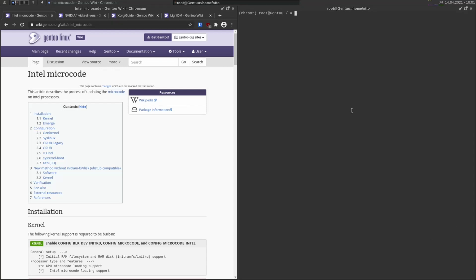So I did a Gentoo installation video a few days back, and that covers how to install it. However, our installed system is still very empty. It doesn't have much of anything in it. It doesn't have a desktop, it doesn't have a window manager, it doesn't have Xorg, it doesn't have drivers. You get the idea. So what we're going to do today is cover